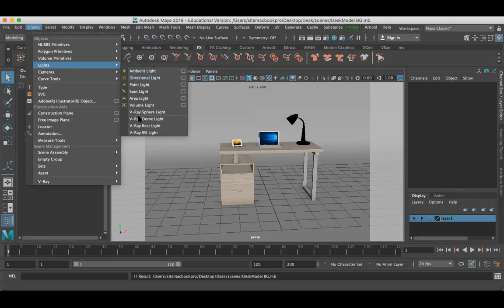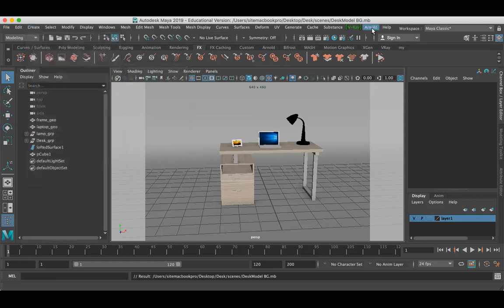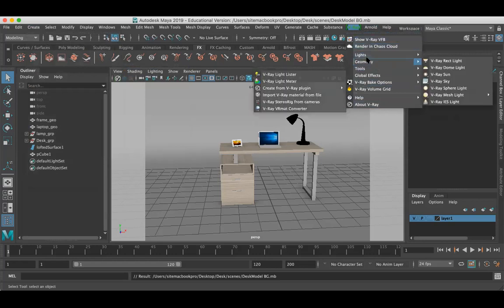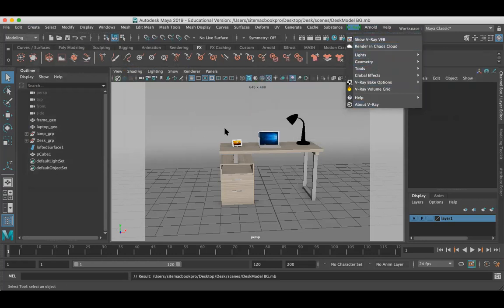Below that you can see some more lights, because I have installed V-Ray. It is slower, but it has high quality. If you want the best lighting and rendering for film output, you can go with V-Ray.